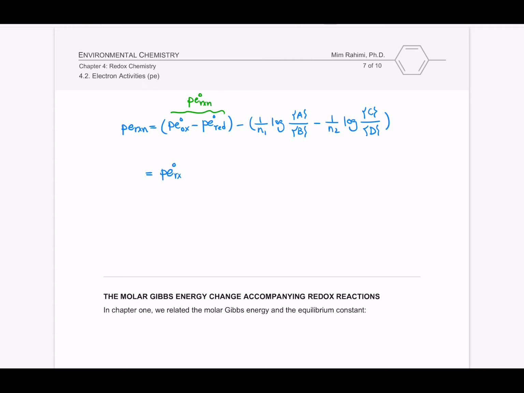So PE0 of reaction minus, let's combine all of them together, log A 1 over N1, D 1 over N2, C or